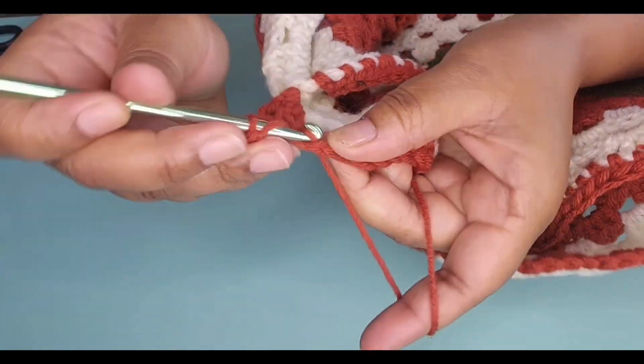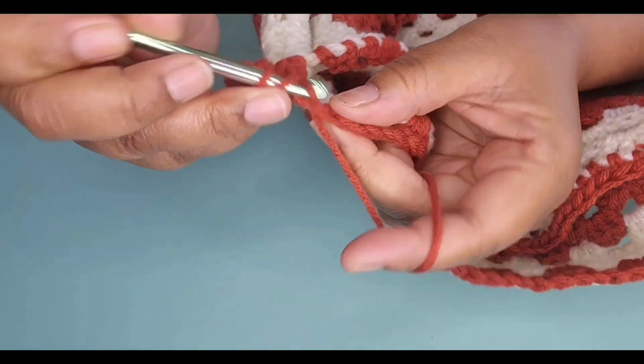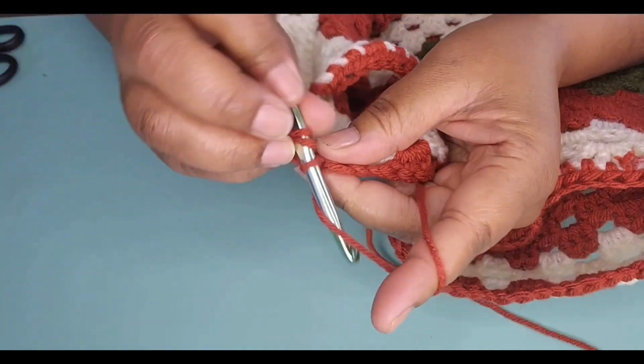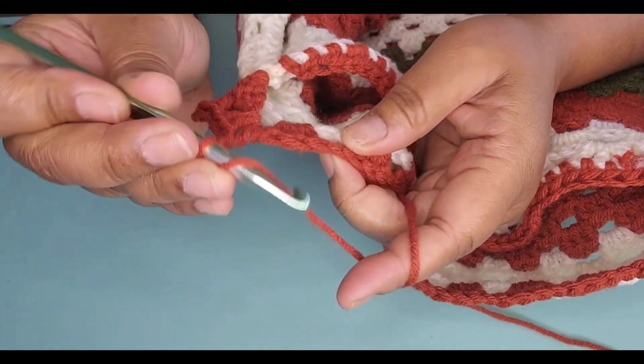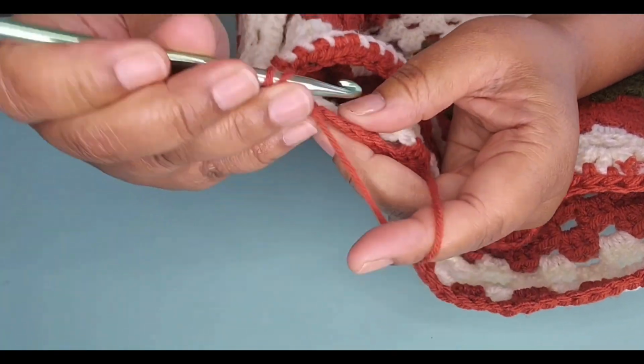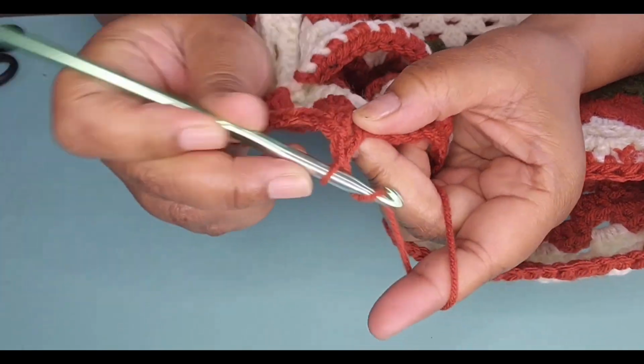In this next space, we'll put 3 double crochets, chain 1, 3 double crochets, chain 1,